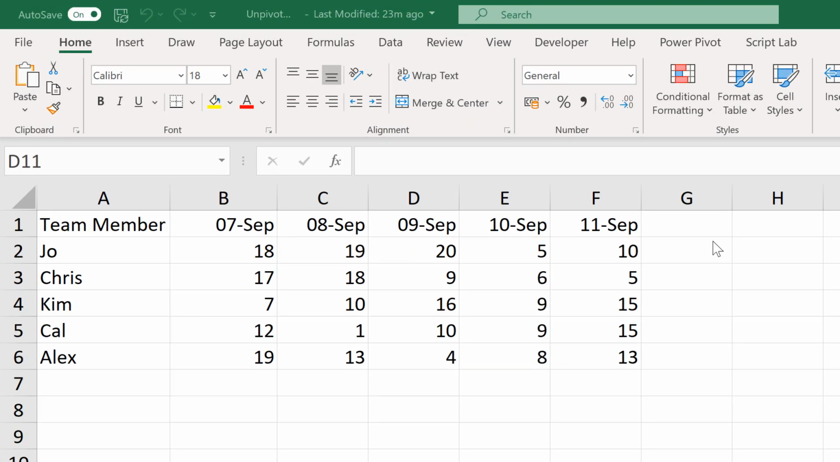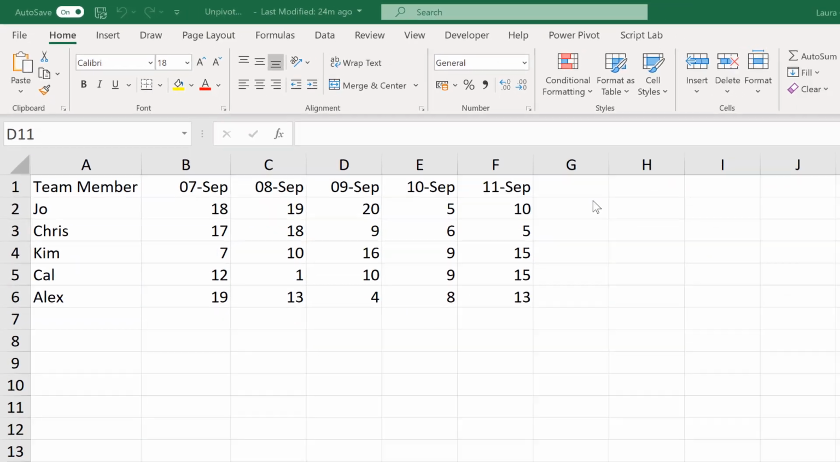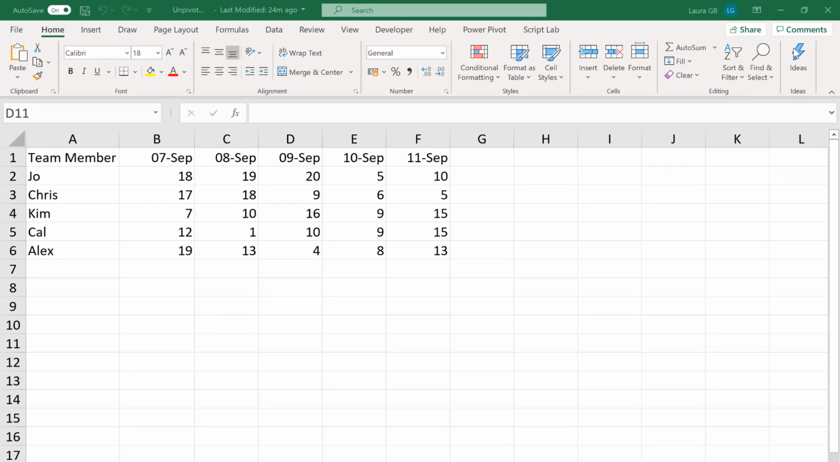So here we have our data, and it's an Excel spreadsheet. Every column is a different day, and so it's showing how many customers that team member has dealt with that day. So on a new day, a new column is added and numbers are put underneath. So let's close this Excel file